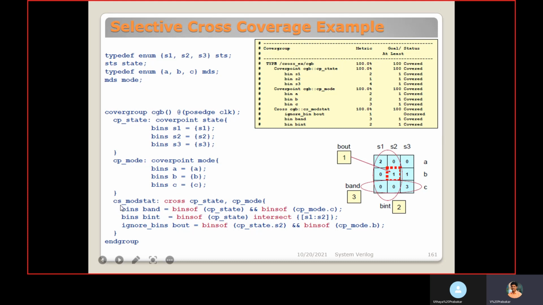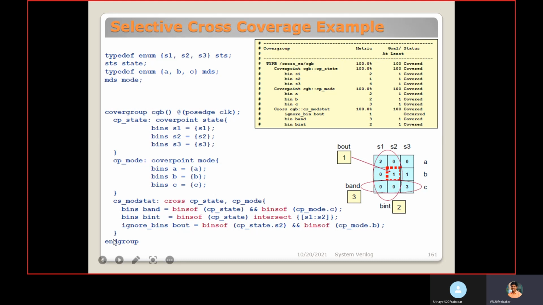Then for implementing the selective cross coverage, this is the label. Then cross coverpoint names, CP state, comma CP mode.